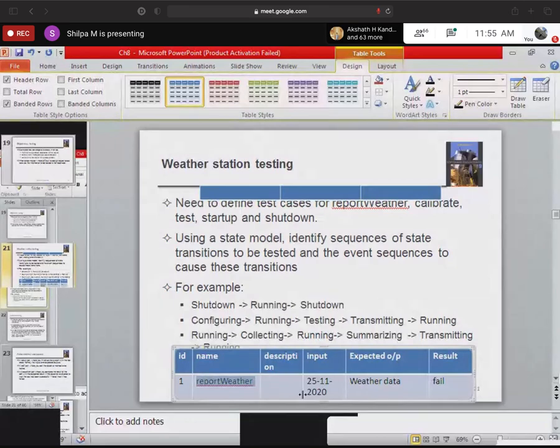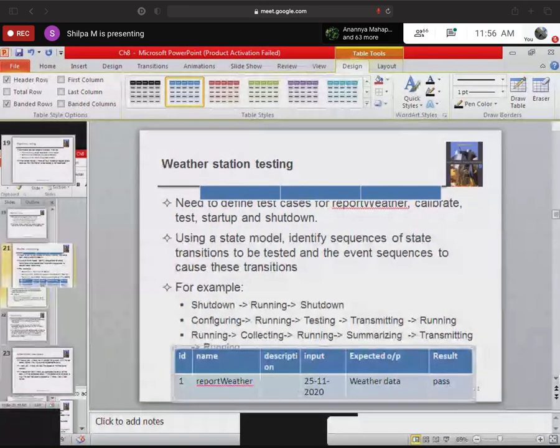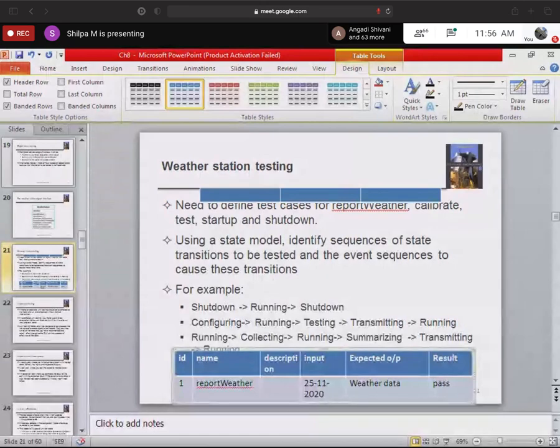Then again the tester will test with the same input and check whether he is getting the proper output. If this time input and output are all the same, and you are getting the result, then he will update the status to pass. So like this, there will be a test case for every functionality of the software.